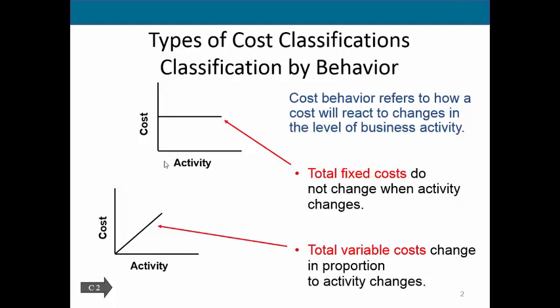By nature, fixed costs stay the same. They are not dependent on our activity level. So you can see here that if we are at a level of activity of 0 right here at the origin, or let's just assume a level of activity of 50. And when I say 0 versus 50, I'm talking about activity of products being manufactured. So whether we manufacture 0 or 50 products, our total fixed costs stay the same.